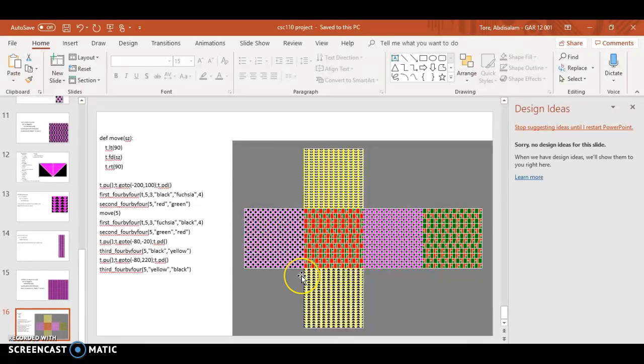Then I pick up the pen, go to negative 80. I know this because I counted how many of these there were, multiplied them by what size was, and I knew where this was, so I had all the points. So negative 80 is right here. This is negative 20. Starting down here, it draws this. This is black and yellow. You see that? Where it's black, and then